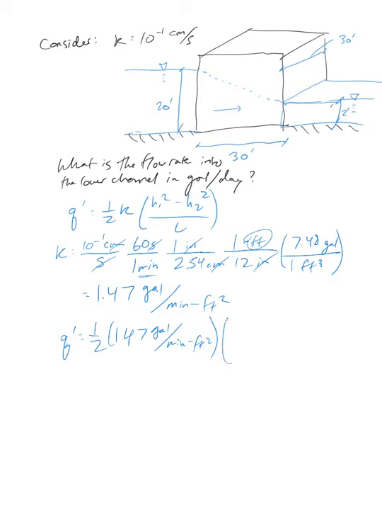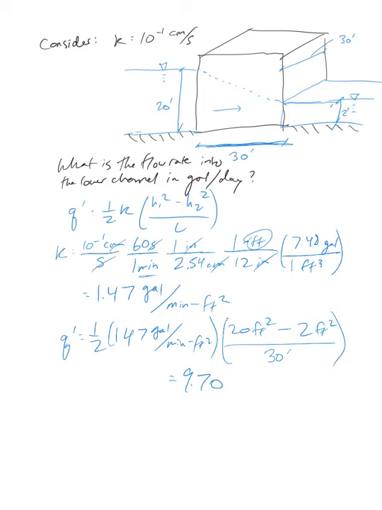and then multiply by H1, which is 20 feet squared, minus H2, which is 2 feet squared. Divide that by 30 feet, which is my length of travel here through the unconfined aquifer or the porous material. I'm going to wind up with 9.70,